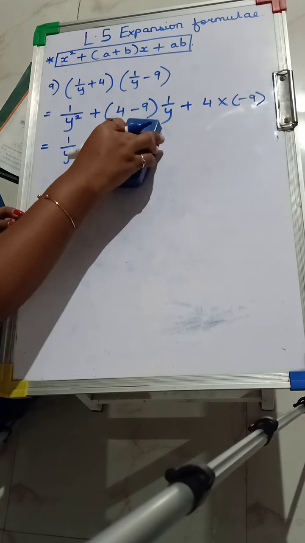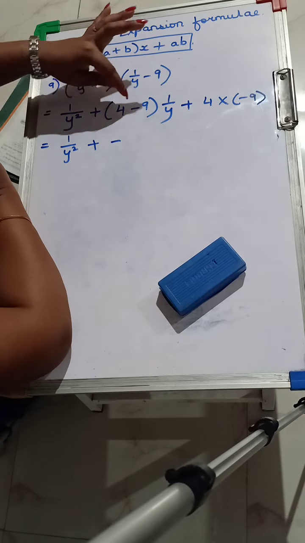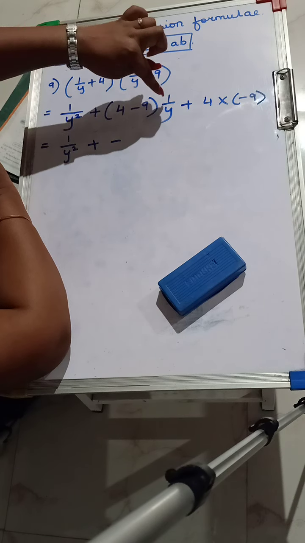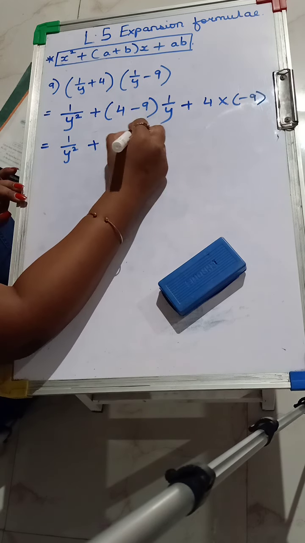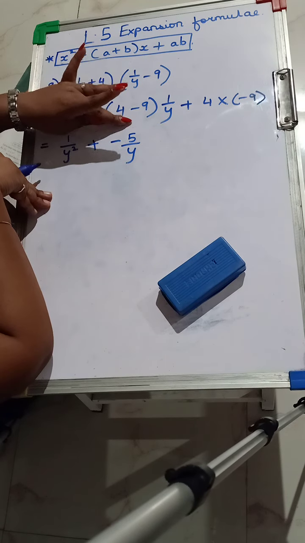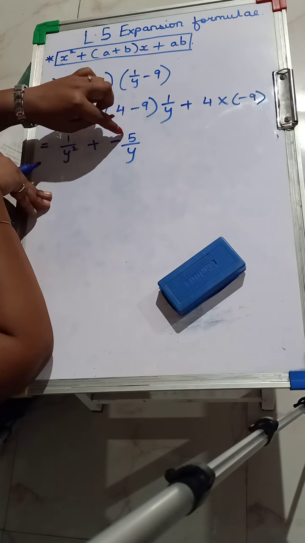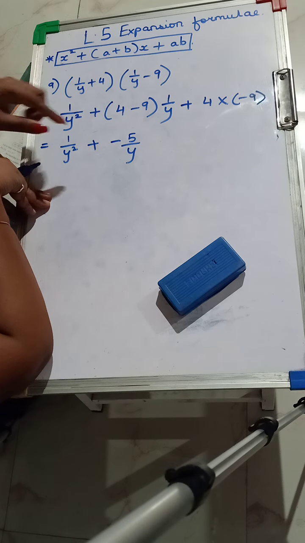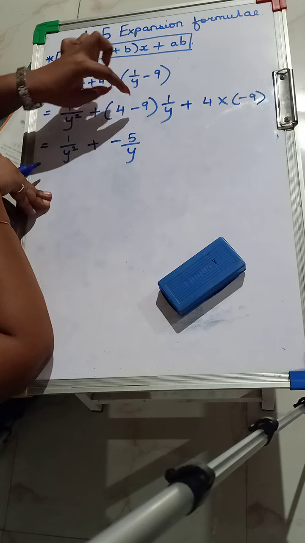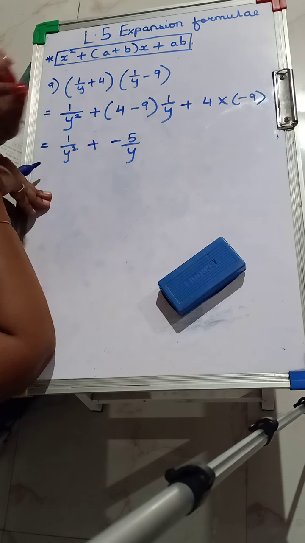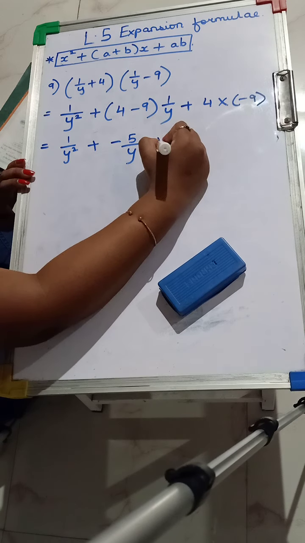Now here I can write directly 5 ones gives me 5, so 5 upon y. Or the other way is to first write 5 multiplied by 1 as 5 and then take y later, multiplying it later on. But this is easier, where you directly take 5 multiplied by 1 gives you 5 and y in the denominator. Plus,